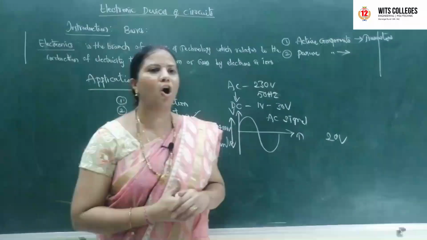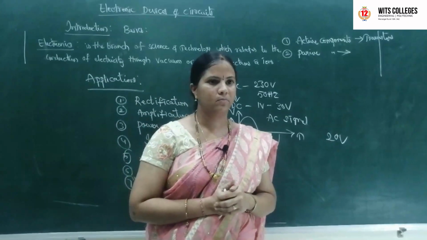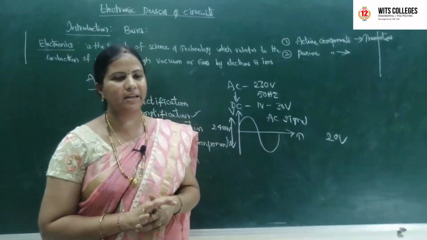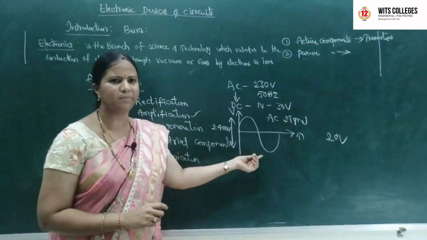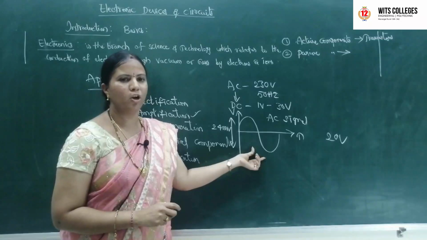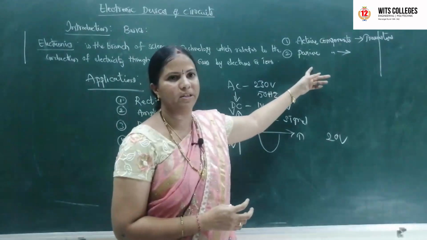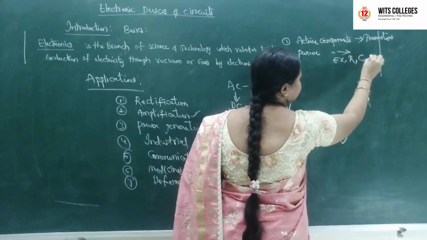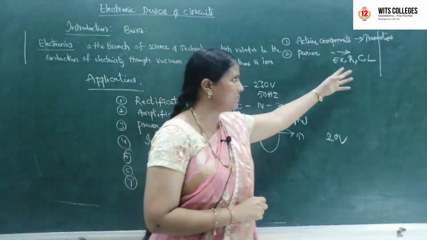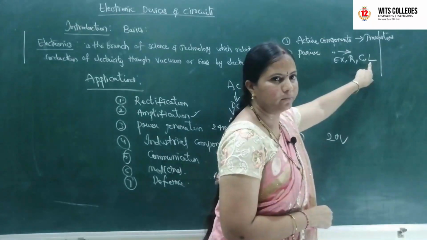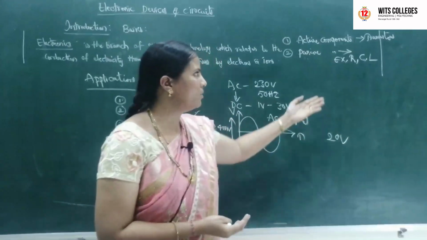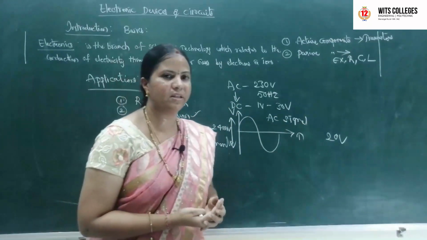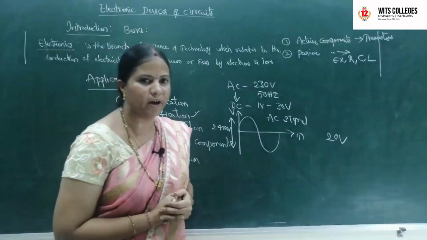components are the elements which are not capable of amplifying the electric signal. So by using the passive components we will not amplify the electrical signal. This AC signal is some electrical signal, and we will not amplify the electrical signal by using the passive components. Examples of passive components are resistors, capacitors, inductors. R is resistor, then capacitor, inductor. Already in your last semester you studied these basics: resistors, capacitors, inductors. What is the meaning of resistor? A resistor is used to oppose the flow of current.